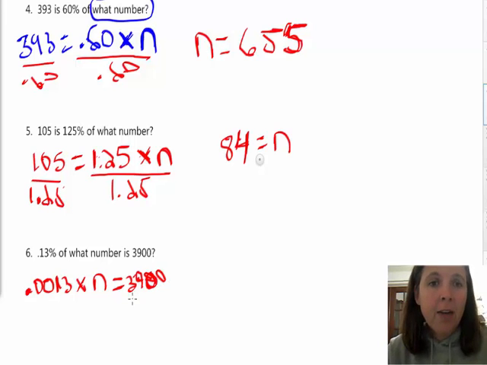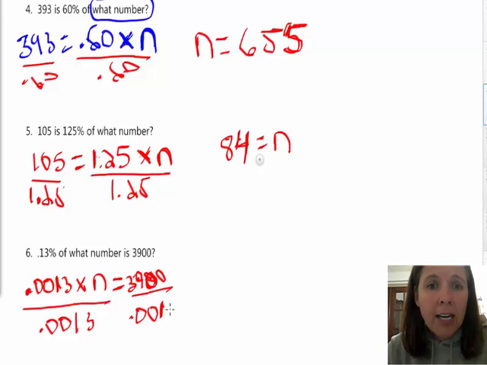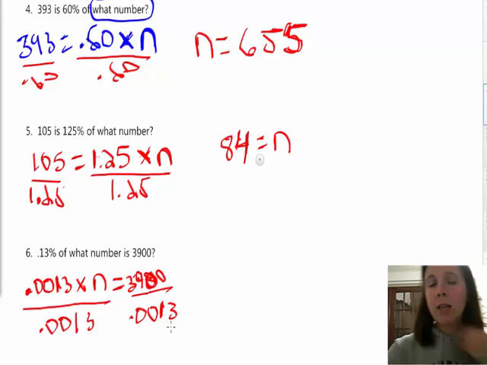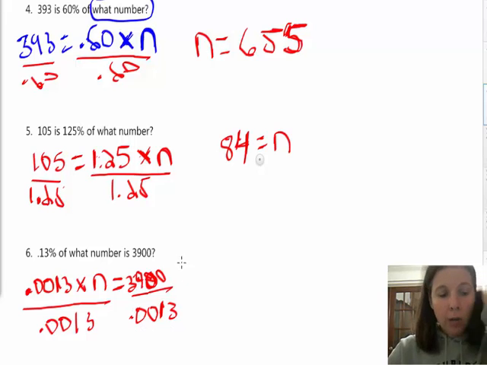3,900. Again, we're on different sides of the equal sign. This is times, so we're going to divide this whole thing by 0.0013. What you do to one side, you have to do to the other. So this is going to be a big number. 3,900 divided by 0.0013 means how many times will this little bitty number go into that really big number? It'll go a lot. And it's actually N equals